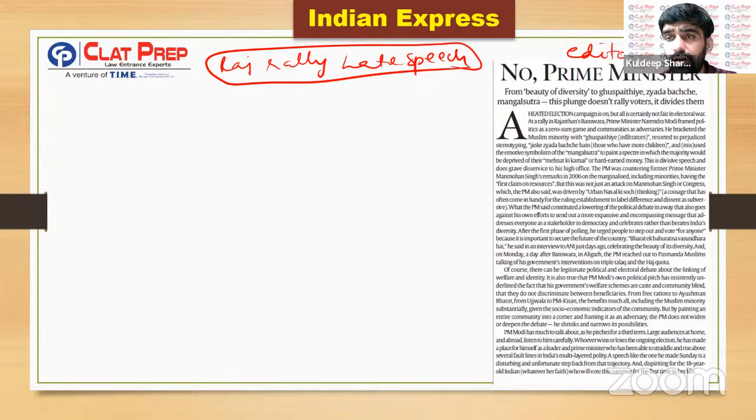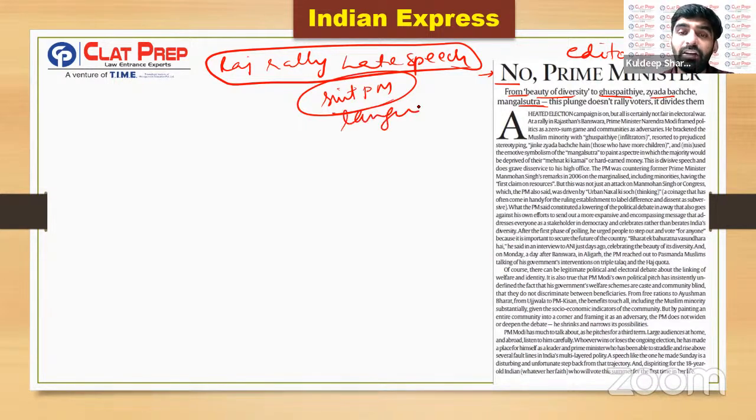editorial board of the Indian Express is stating that the Prime Minister, no, Prime Minister, you should not make such kind of statements. For example, if you look here, from the beauty of diversity, earlier the Prime Minister was talking about the beauty of diversity. Now during election time he's talking about infiltrators, more children, mangalsutra, etc., which is actually not up to the level of a Prime Minister. It does not suit the Prime Minister's office. It is not suitable for the Prime Minister's office to use such kind of language, even if it's for election